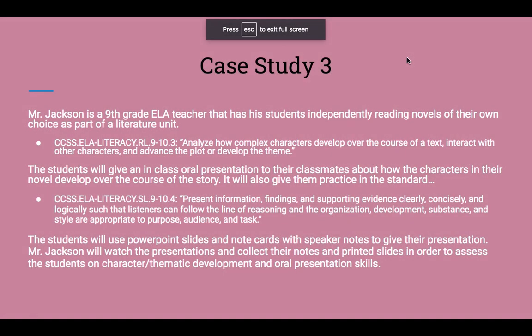Our case study is about Mr. Jackson and his 9th grade English class. He wants his students to independently read a novel that they choose as part of the literature unit, and that's the standard. So they have to analyze